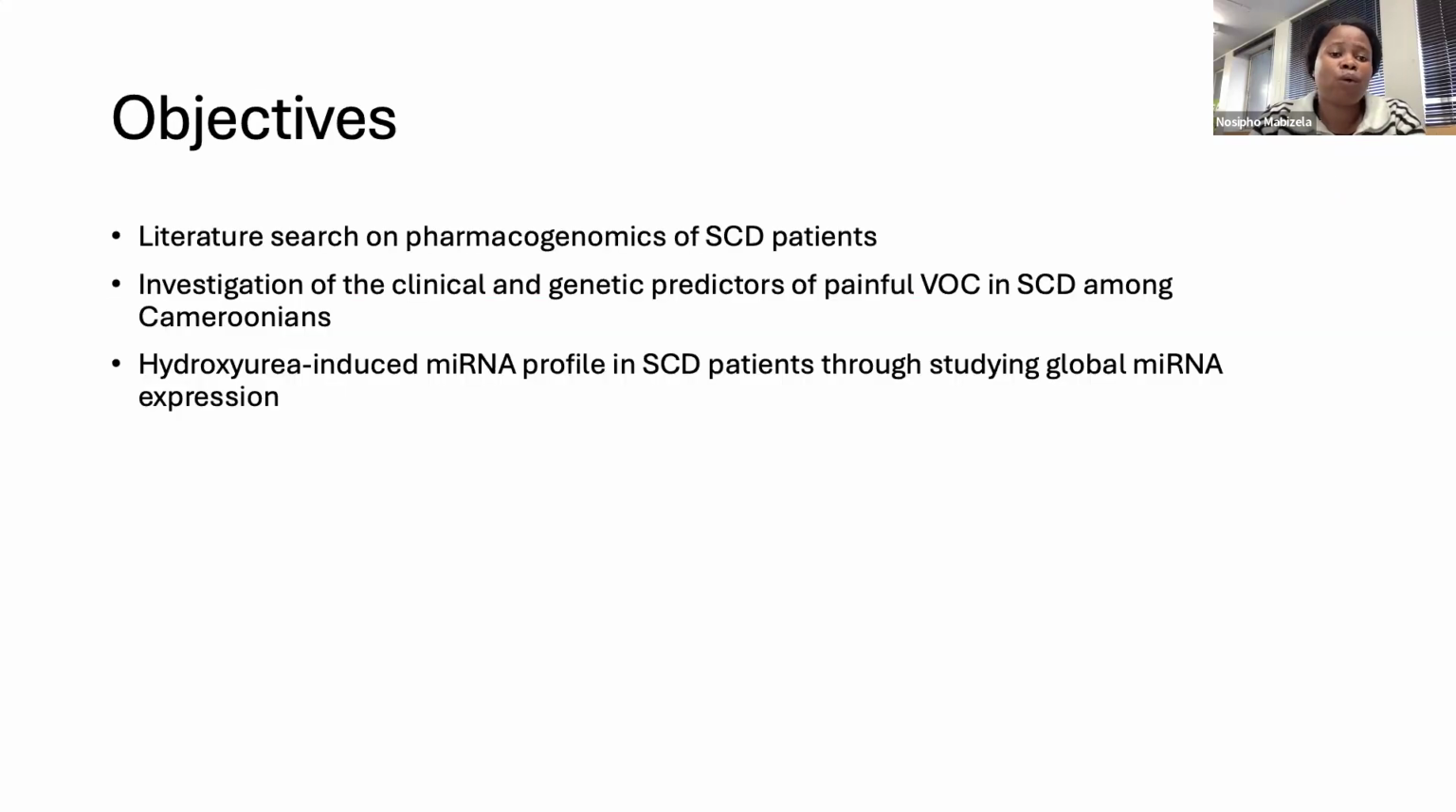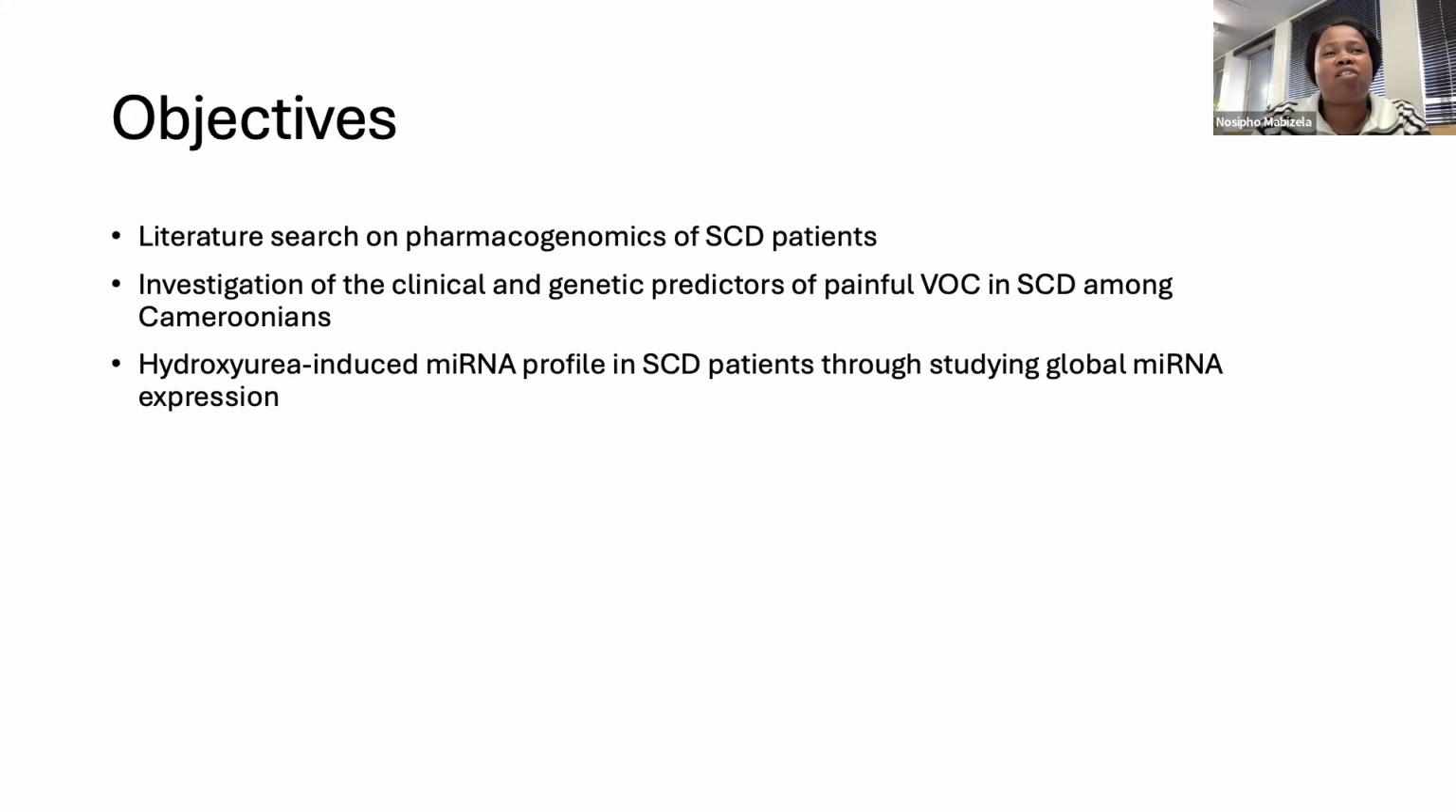To achieve our aim, we needed to first look at the literature to see what has been done, looking globally at Africa, and also narrowing it down to Cameroon, where patients were coming from for my study, and also look at these genetic variations that are associated with pain in Cameroon. And the last part was to look at whether we look at ex vivo or in vivo,